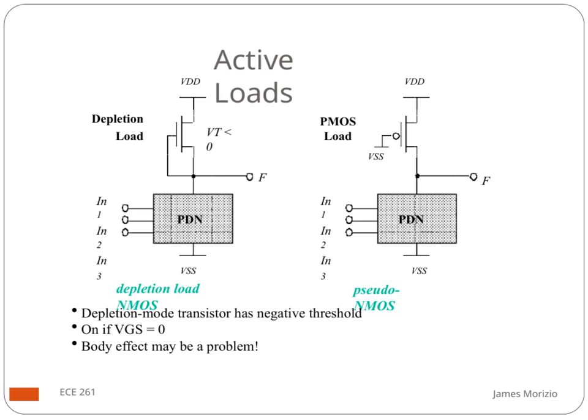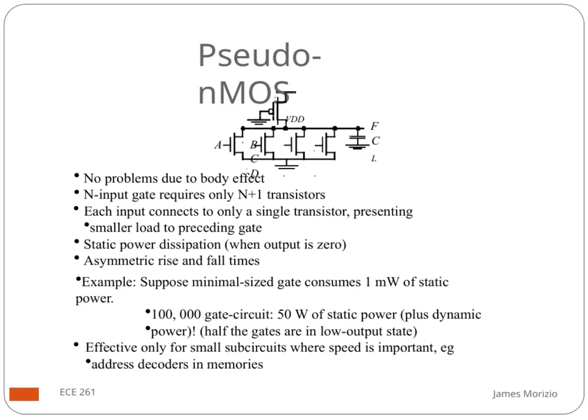Understanding these different active load types helps in designing efficient and stable analog circuits, especially when considering factors like threshold voltages and the impact of body effects. Here we are looking at the pseudo-NMOS logic style. One key advantage of this approach is that it avoids issues related to body effect, which can complicate transistor behavior